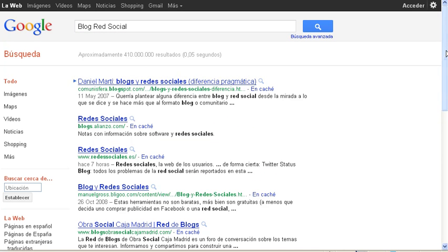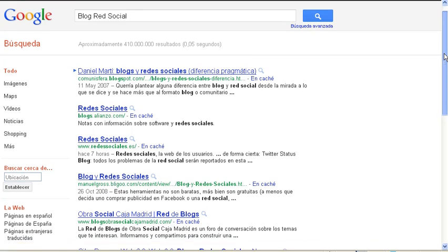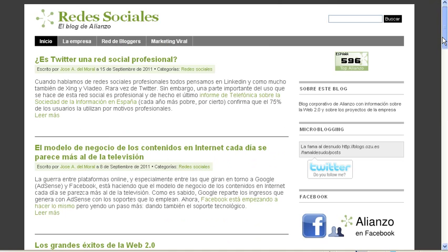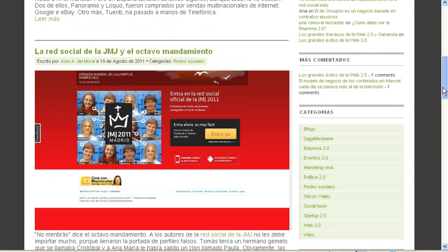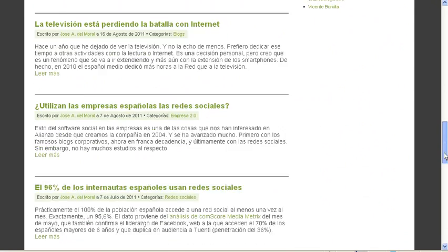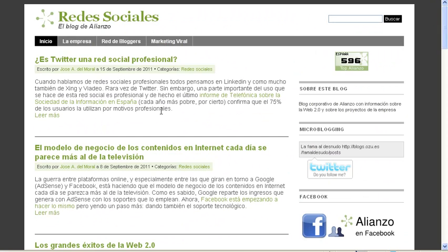What I'm looking for is a blog. So anything that kind of recognizes like a blog, like this right here. So this is probably going to be a good one. So we'll take a look at this. You should be familiar with blog formats so that when you look at this, even if you can't read it because it's in a different language, you should be able to tell what to do. Right here, this is probably something about Twitter, and if I click on here, it's probably going to expand into the full version of it,